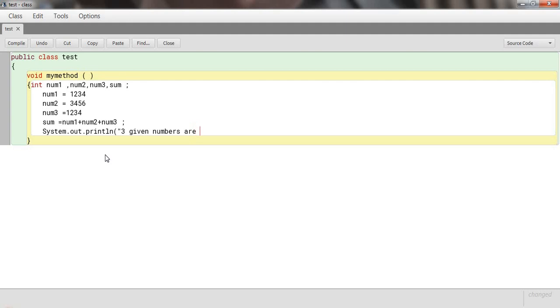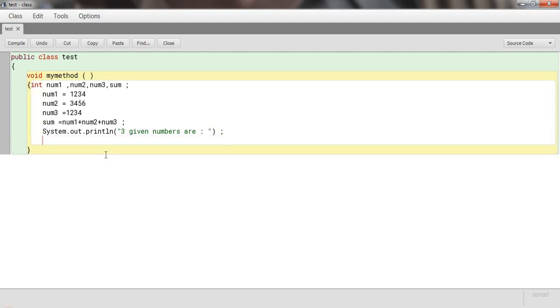Now put a colon and then double quotes and close the bracket. At the end we have to put a semicolon again and enter.